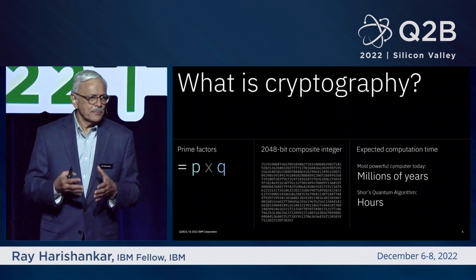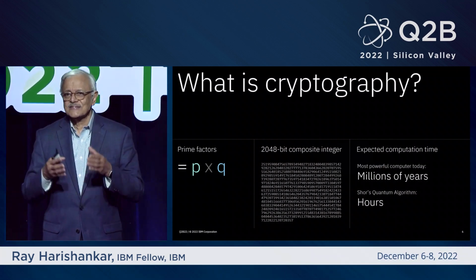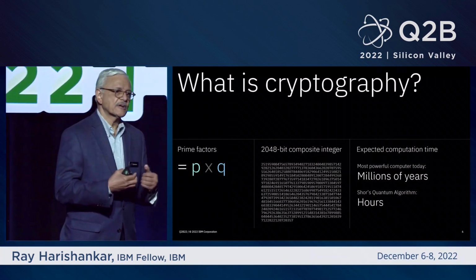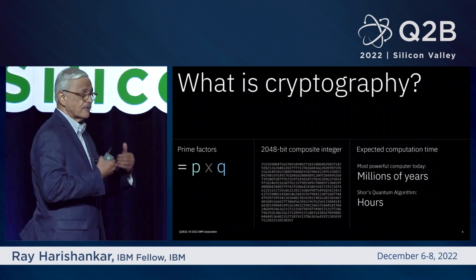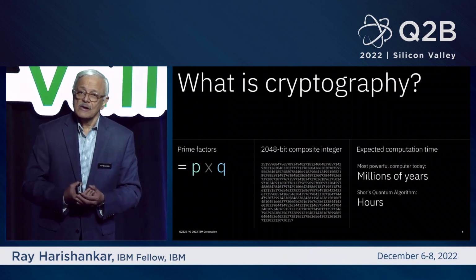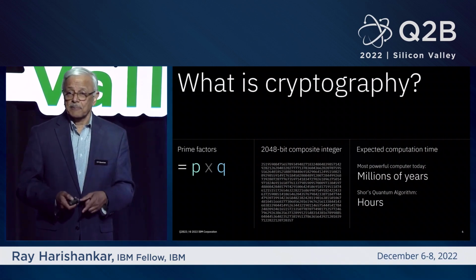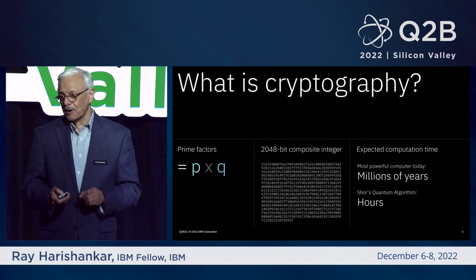Even a classical computer takes years, if not hundreds of years, to solve that. That's the foundation on which asymmetric cryptography is based, and that's why we trust all these transactions and they all work. However, with Shor's algorithm, you know that can be broken. That's the fundamental problem, right?